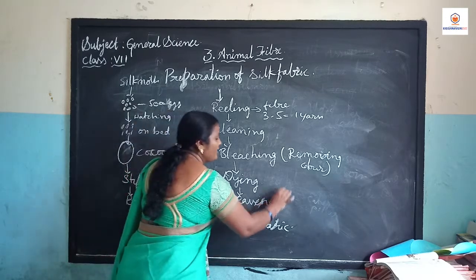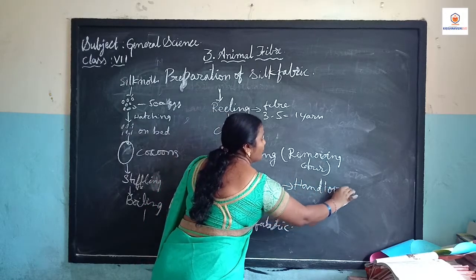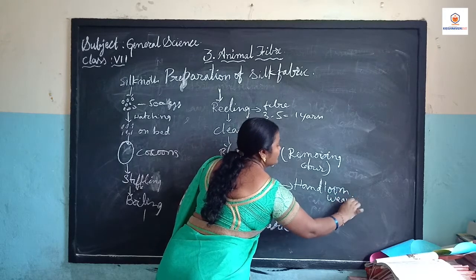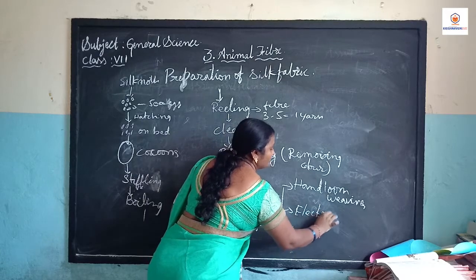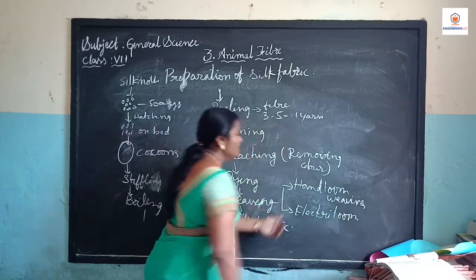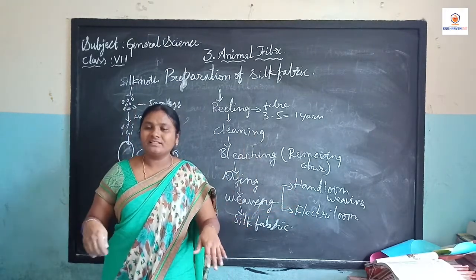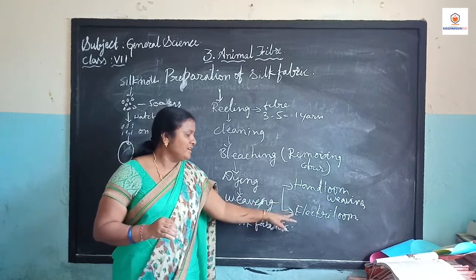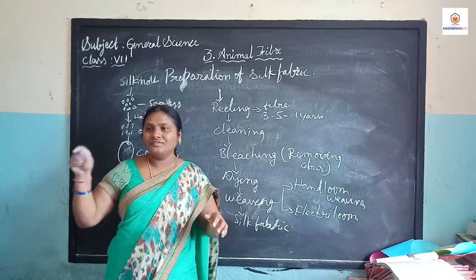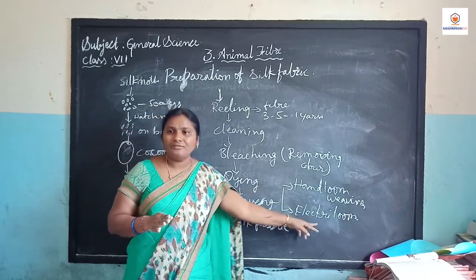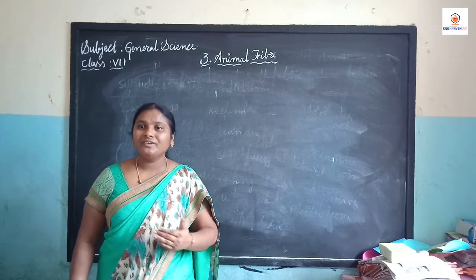And children, weaving is also of 2 types. One is hand loom weaving and one is electric loom weaving. Hand looms are operated by people. There are big looms that are operated only by a man. But with electric machines, they arrange some looms, and with the help of the machines it can weave the fabric. Pochampalli is very famous for weaving clothes.